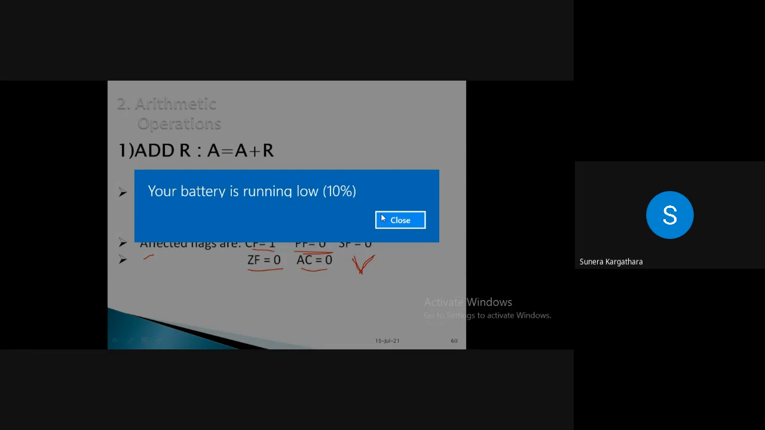How you have to explain, or what are the minimum things that you must know for each and every instruction? Yes or no? If anyone wants to discuss anything, you can unmute and talk, right? Okay. Now,